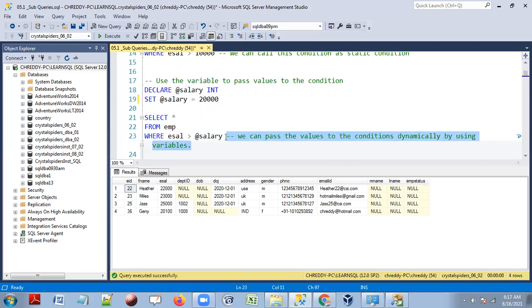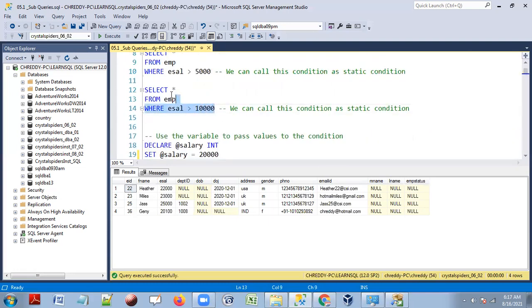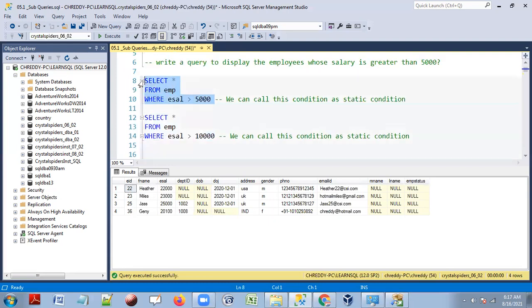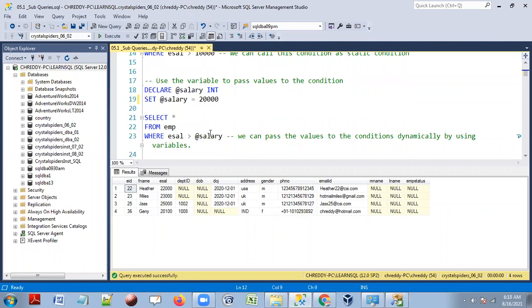So this is the right SQL query. This is the right way of writing the SQL query. And the other is all just to verify the data right away. Who are having greater than 10,000, you can write that SQL query and pull the data. But this is not the right way to define the conditions inside programs. Inside programs, we always pass the values to these SQL queries by using variables. Those variables are going to have the values which we need to pass to the conditions. So this is what it is, guys.